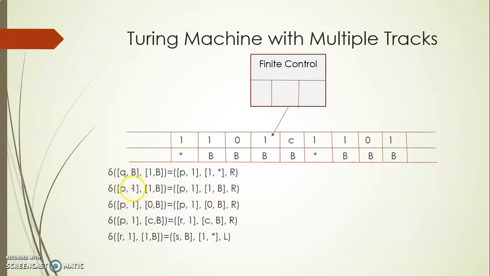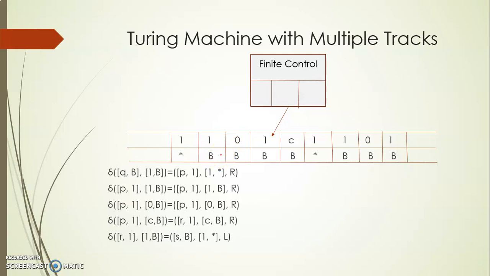Note down that this one is still remembered. It will be erased after scanning the same symbol on the right side of your separator. So this moves along towards the right. I'm not changing anything. If I'm scanning 1 comma blank, it remains 1 comma blank. Suppose I'm scanning 0 comma b, it remains 0 comma b. So only the first symbol is remembered. The next time when you come back towards the left, you have to consider the symbol that is next to your visited one, right? And the process repeats.